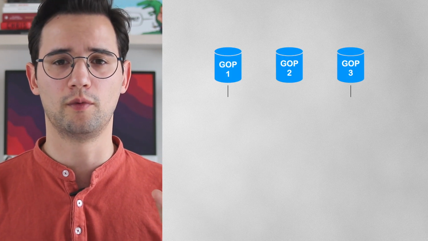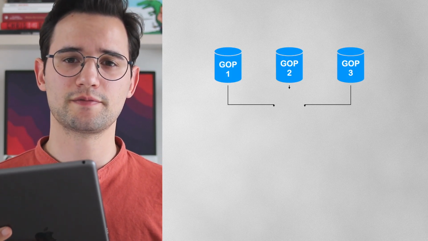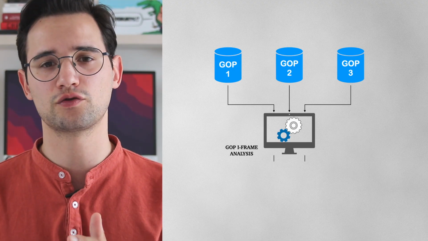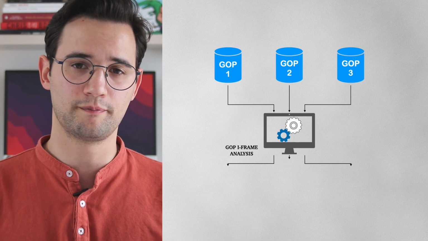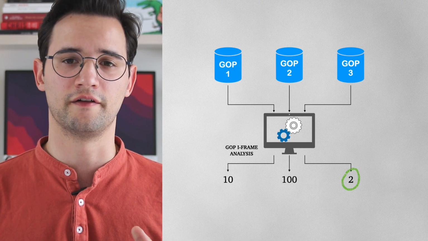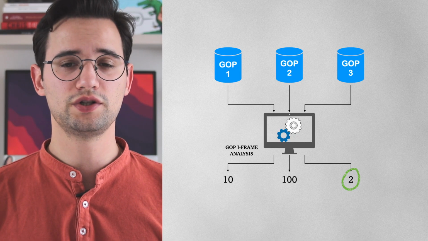Well, starting from all the GOPs, we measure the displacement between the first I-frames and the last one, and we select the GOP, or group of pictures, which has the lowest value of displacement. At this point, all this intuition can be summarized in this flowchart,